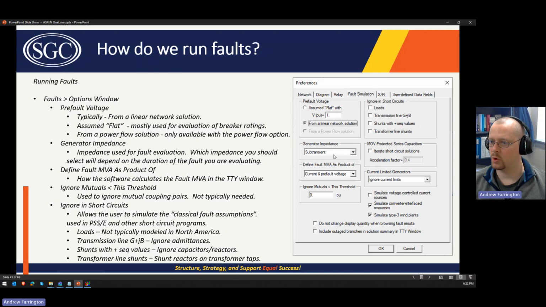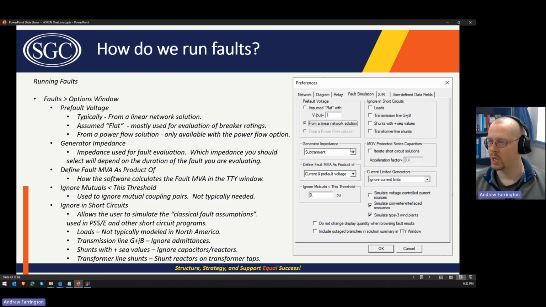It's because they want to have the faults modeled the same way that they used in their PSSE short circuit programs for when they do their system stability studies. So that's what they call the classical fault assumptions. Most of the time you're going to do a linear network solution. That's what ASPEN OneLiner recommends that you do, but they provide these options so that you can simulate those classical